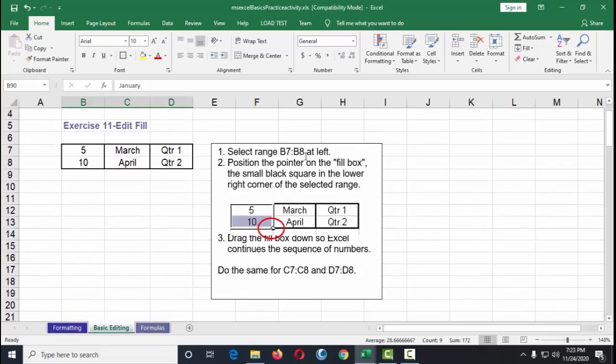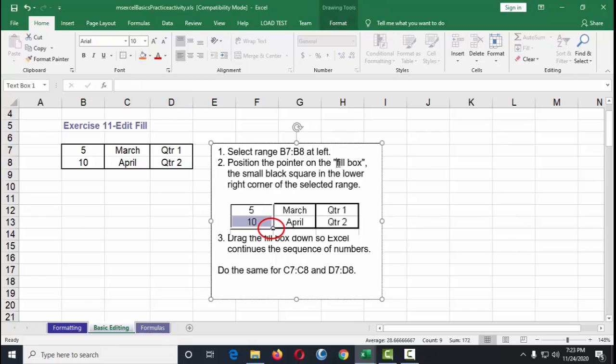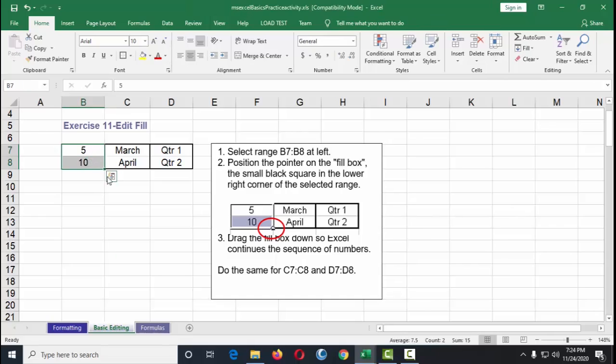So B7. We're talking about the fill box. Okay, filling up. We've done this already with the previous activity. So what you do according to the instruction is select B7 and B8,